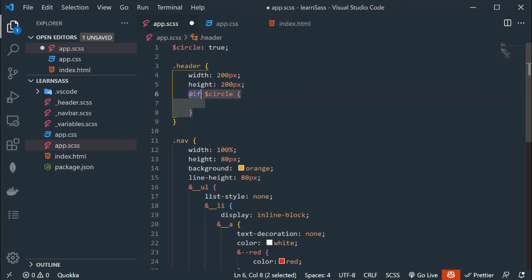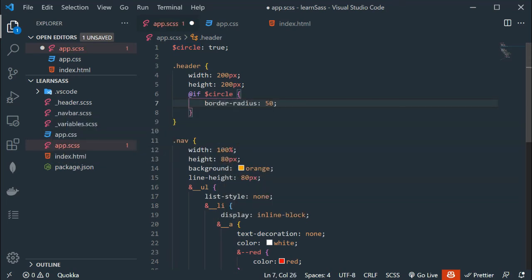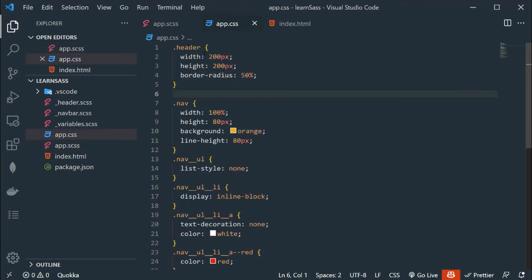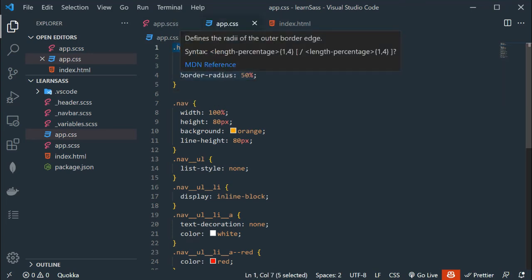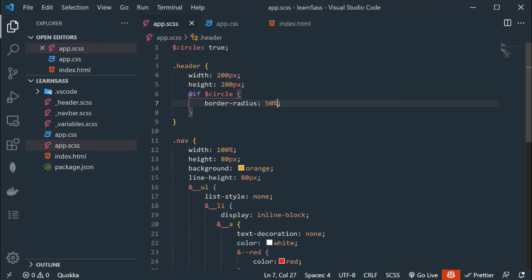So if the $circle variable has a true value, then simply use border-radius 50%. Save the file, go to app.css, and we have the header class. Inside there we have border-radius 50% because the circle variable has a true value.